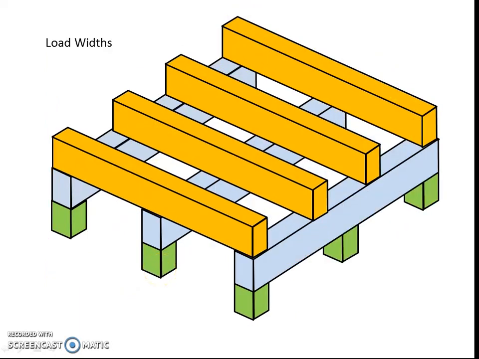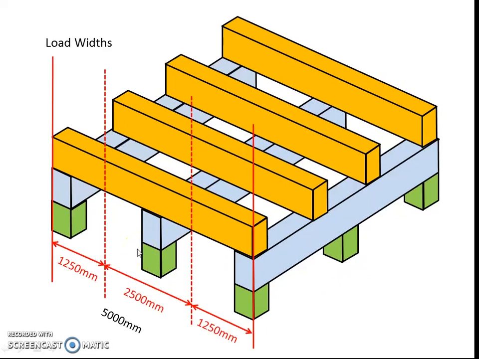Let's look at a slightly different scenario, still working on floor load width, but you can see we've got an extra bearer in the middle. So this is going to get a little bit different. If I measure, again, halfway between each of these bearers, so these dotted lines are halfway between each bearer,